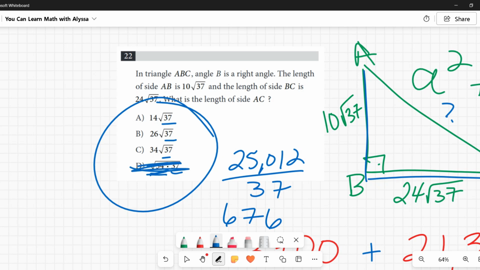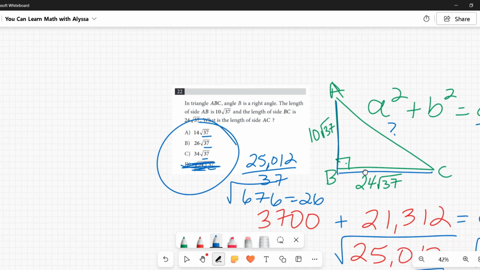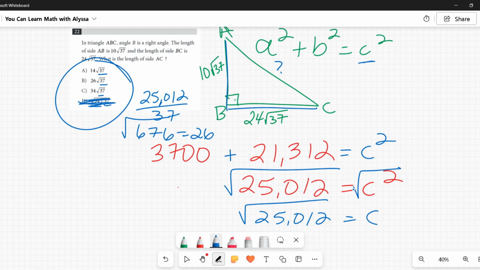So 676 must be the perfect square of either 14, 26, or 34. So I can take the square root of 676, and I get 26. And so what I'm actually doing when I'm saying all this, I'm going to write it out to be clear. I've discovered that the square root of 25,012 is equal to